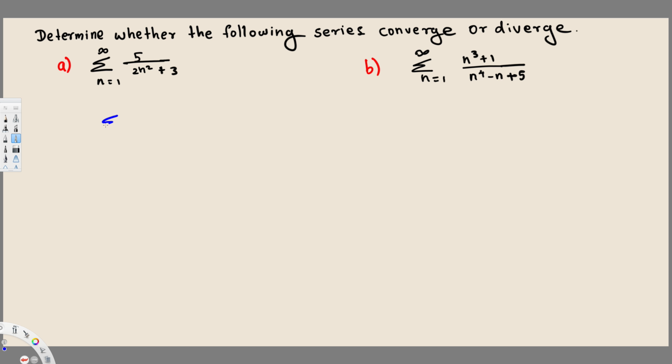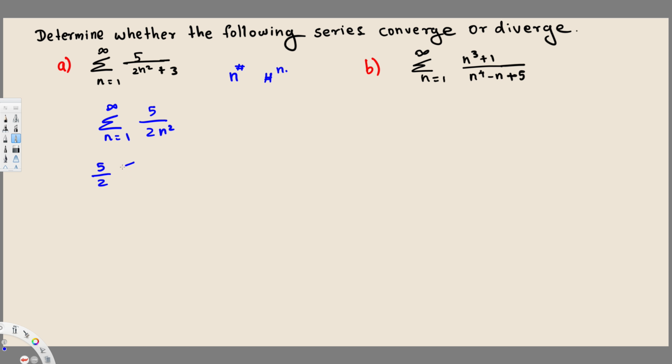So let's take this one. Summation notation, n is equal to 1 to infinity, 5 over 2n square. You may already notice this one. This is a p-series. How to identify a p-series? If we have n power a number, this is a p-series. If we have a number power n, that's a geometric series. We have n power a number, so this is a p-series, and this can also be written as 5 over